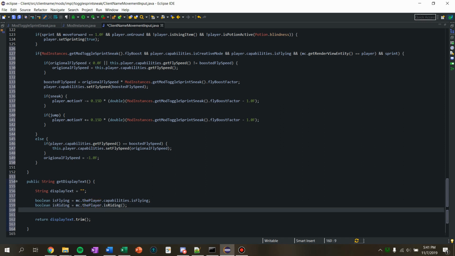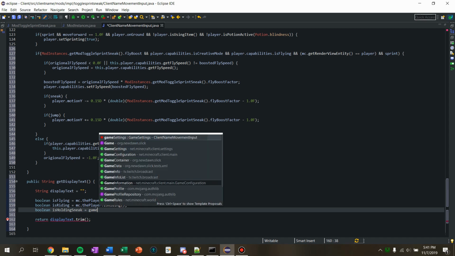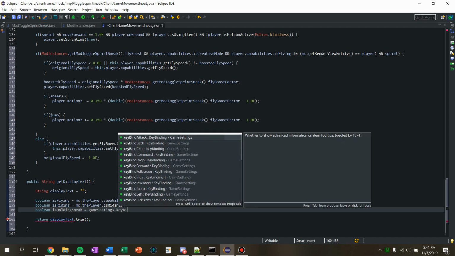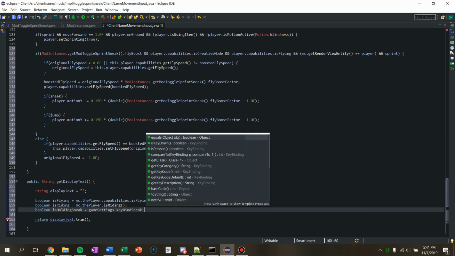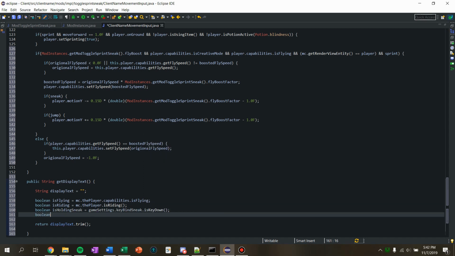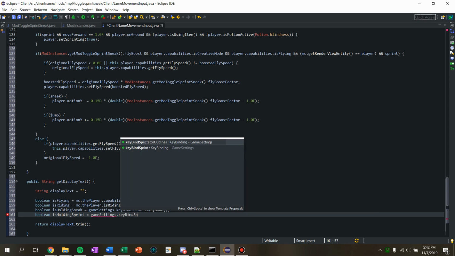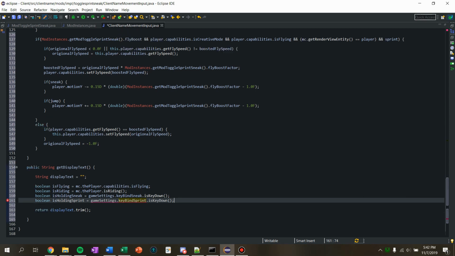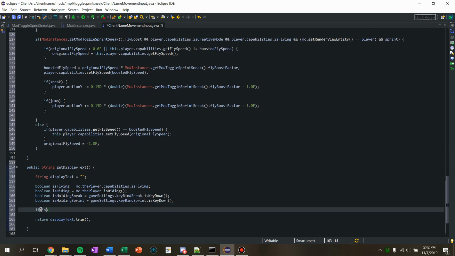I want a boolean is holding sneak equals game settings dot keybind sneak dot is key down, and then I want one for a boolean is holding sprint equals game settings dot keybind sprint dot is key down. Okay, so now that I got that, what I want to say is I'll just do if is flying,